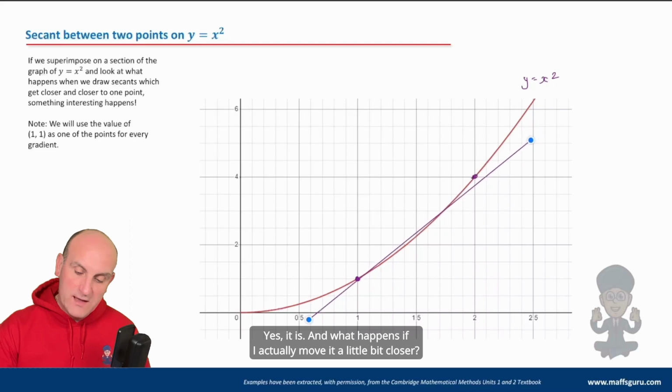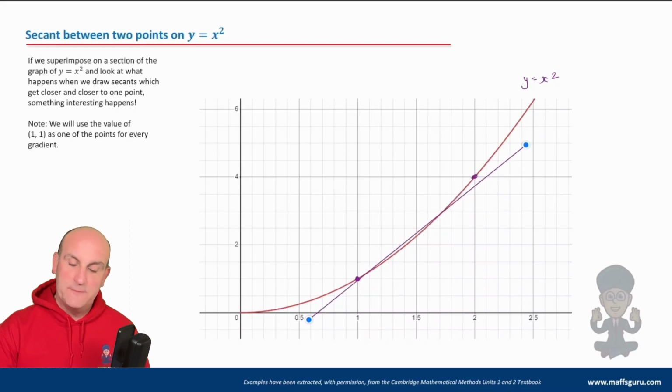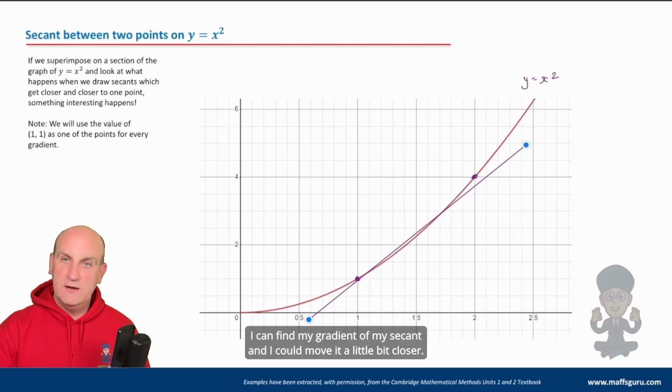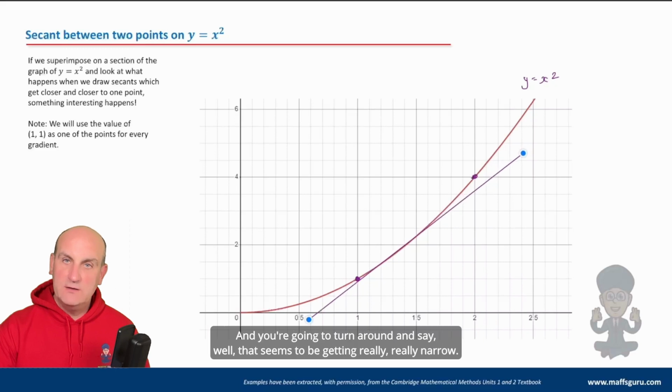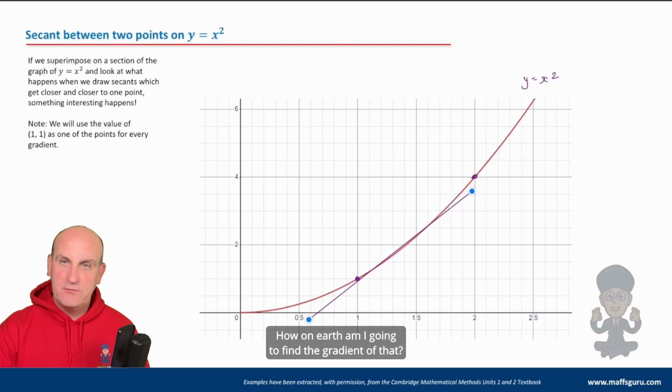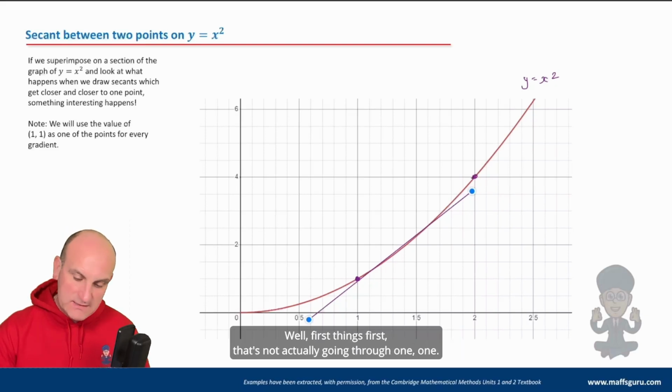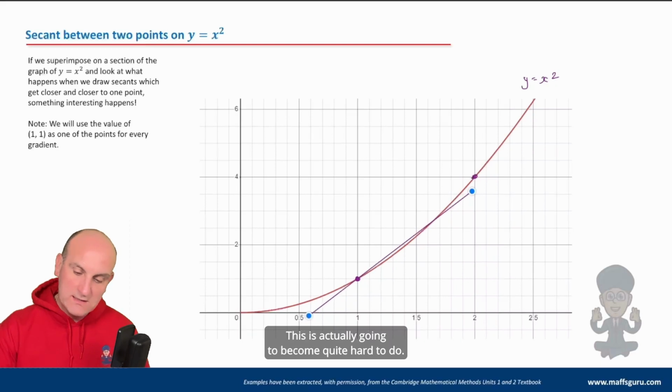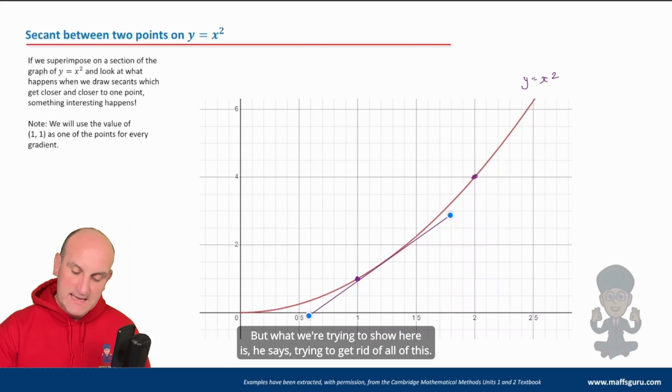And what happens if I actually move it a little bit closer? I can find the gradient of my secant and I could move it a little bit closer. And you're going to turn around and say, well, that seems to be getting really, really narrow. How on earth am I going to find the gradient of that? Well, first things first, that's not actually going through (1, 1). This is actually going to become quite hard to do. But what we're trying to show here is, he says, trying to get rid of all of this, and let's delete that line there,